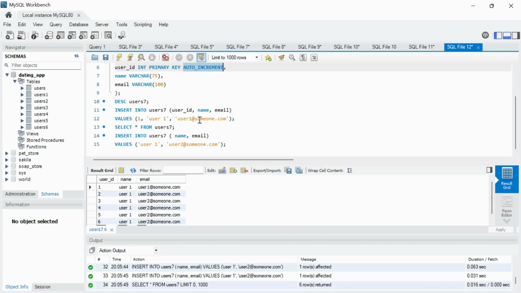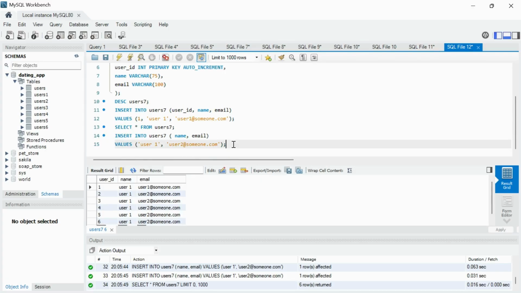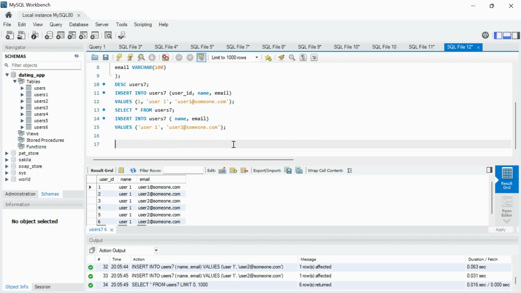Now there is one other way to add auto increment. The syntax is different but the result will be the same. In this case we don't really need to keep track of this id column. It will automatically keep inserting an incremented value on every insert, as we see here in this table. Right, now